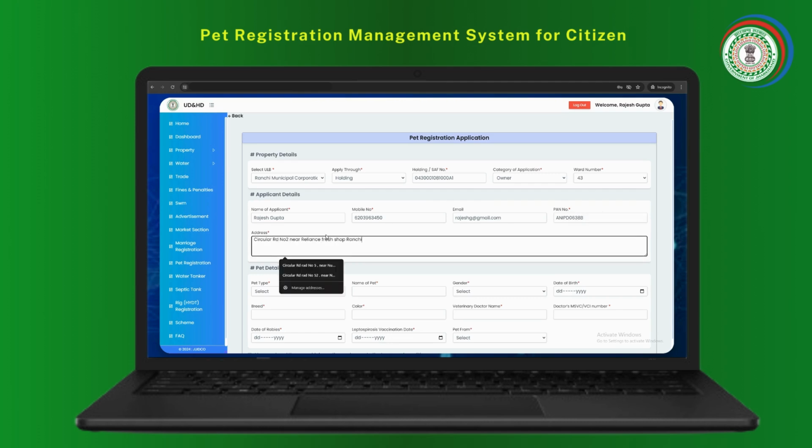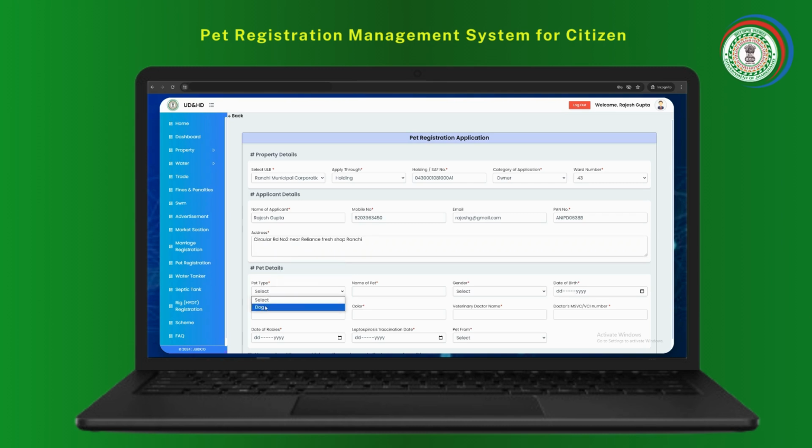After entering the applicant's details, the user will need to fill in the pet details such as pet type, name of pet, gender, date of birth, breed, color, veterinary doctor's name, doctor's MSVC number, date of rabies vaccination, date of leptospirosis vaccination, and pet form.